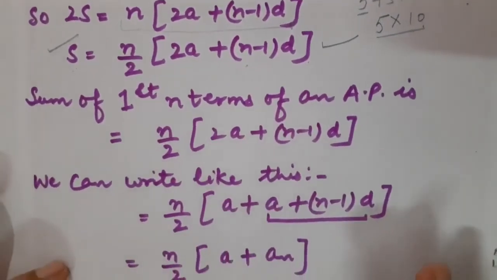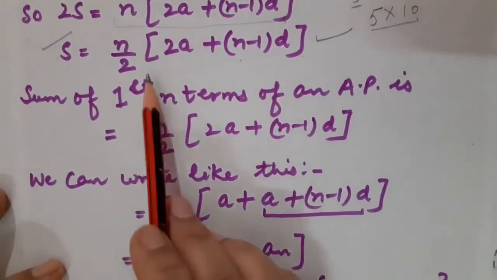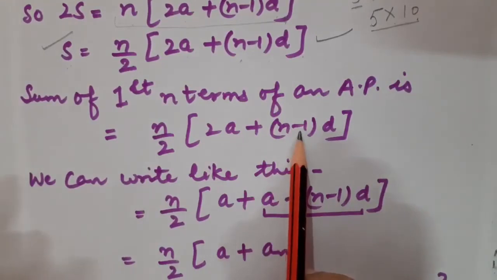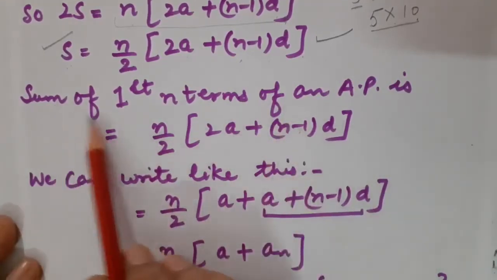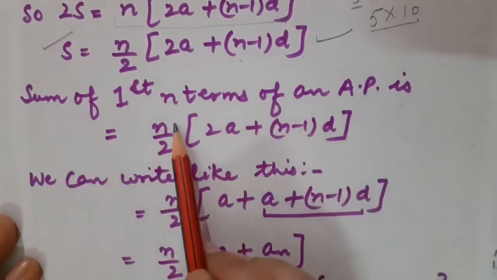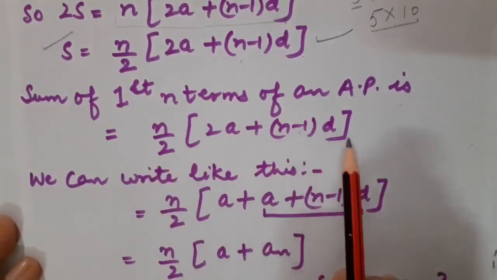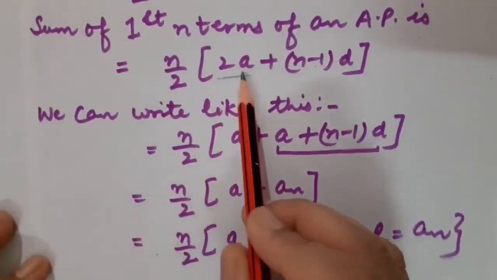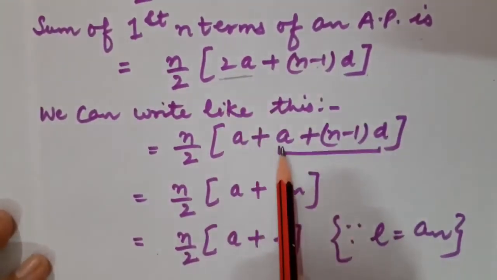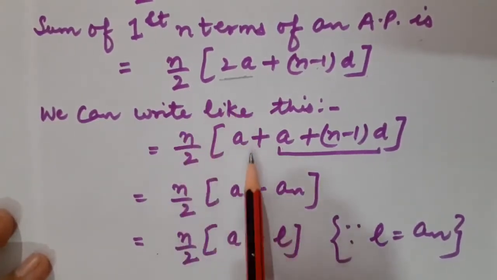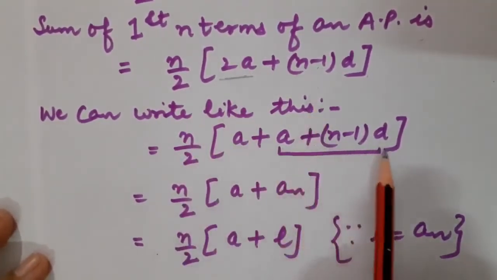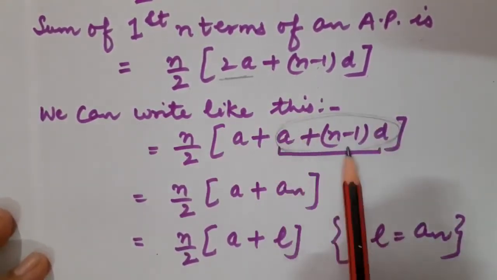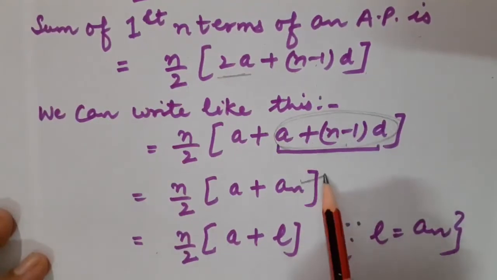Correct? Now, we can even write this sum in this form also, which I am going to write now. This is basically the simplified form. So sum of first n terms of AP is n upon 2, 2a plus n minus 1 into d. How can we write it? Can I break this 2a like a plus a? Of course. It would become n upon 2, that is a plus n minus 1 into d. Children, have you ever heard this a plus n minus 1 into d? Correct. This is the nth term of AP.